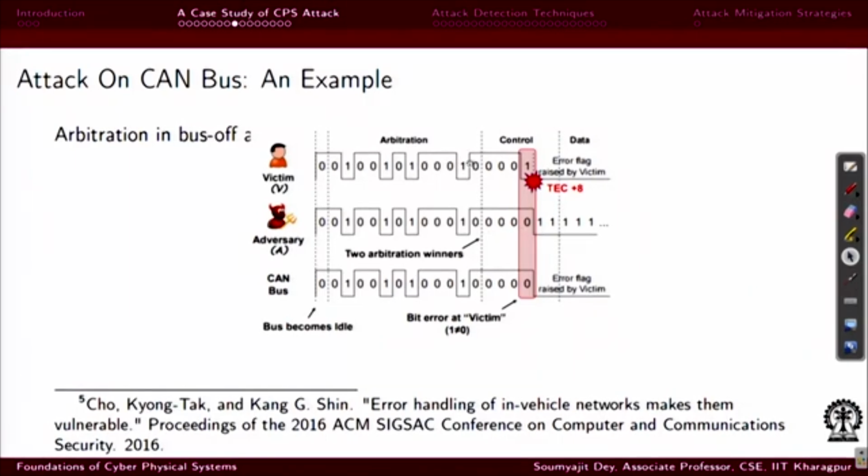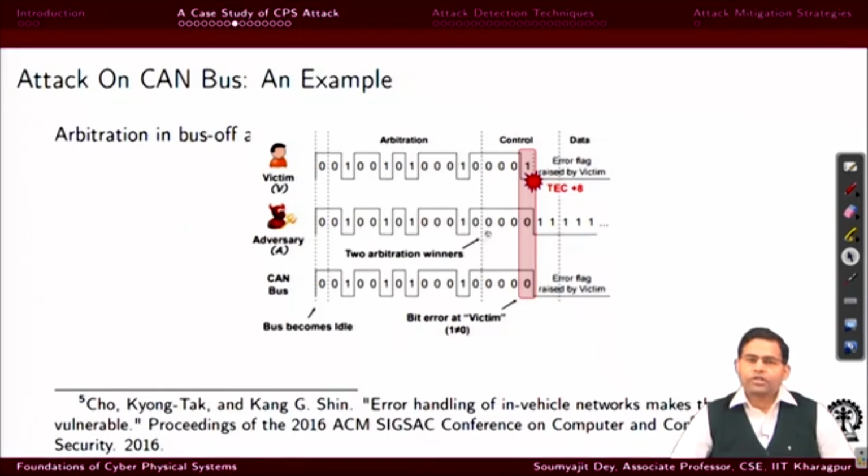Okay. So, basically this is the point we are talking about, that when one arbitration phase is beginning, the adversary is transmitting a sequence of zeros. The idea is that it has to win the arbitration. So, the adversary is essentially forcing the victim to lose the arbitration by transmitting a lower priority identifier which has more zeros, and due to this the victim will eventually lose its arbitration, and that is why